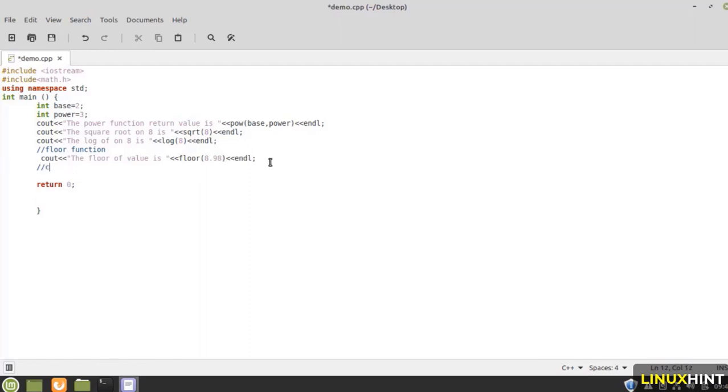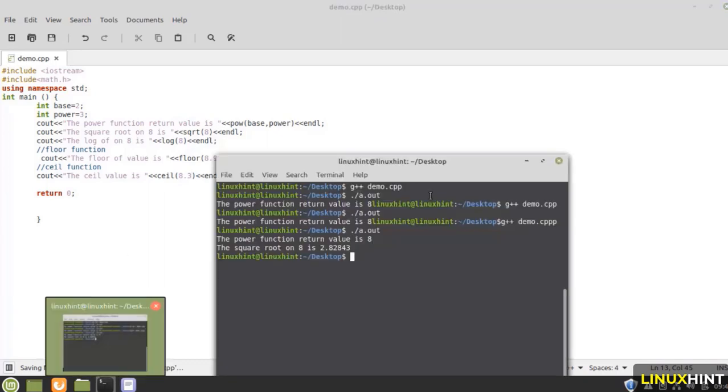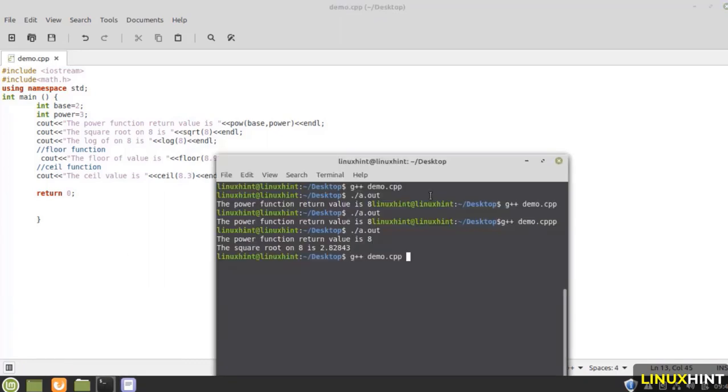And similarly we have another function here, that is the ceil function. The ceil function is used to return the ceil value of the given double value. The function accepts a double value as input and returns a double value calculated using ceil. So to compute the ceil, write here the ceil value is, and here you have to write the ceil function and write here any double value 8.3 and save this file. Go back to your terminal, compile this demo.cpp file again